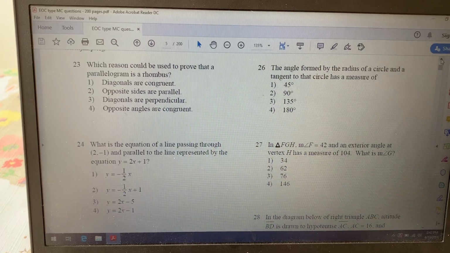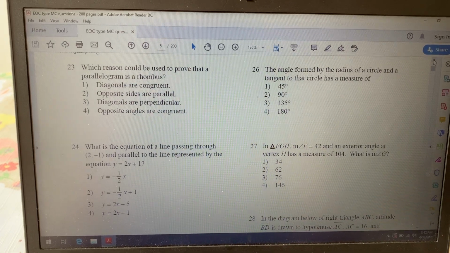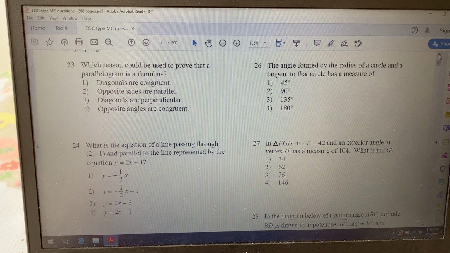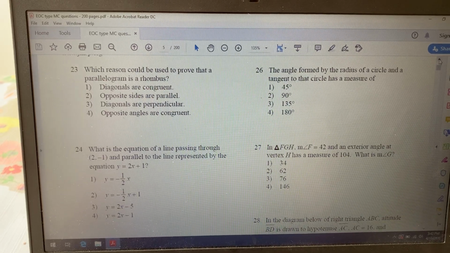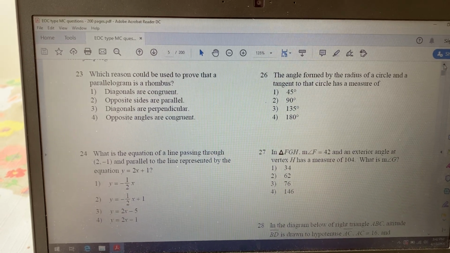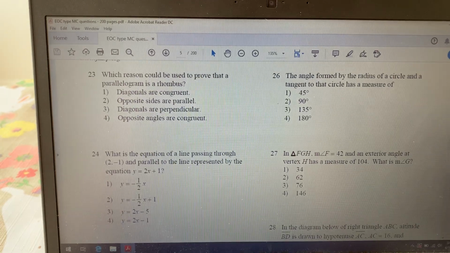So now doing page 5, the first page I was supposed to do when y'all came back. Okay, so jump back in at 23. What reason could be used to prove that a parallelogram is a rhombus? So again,